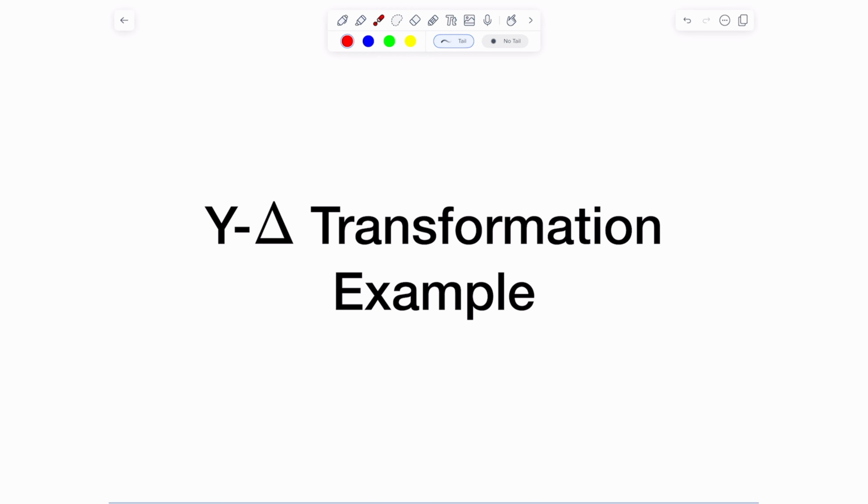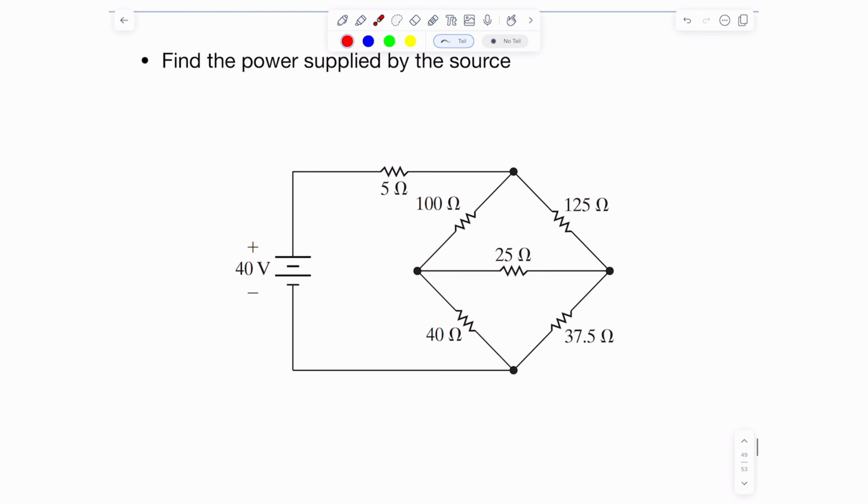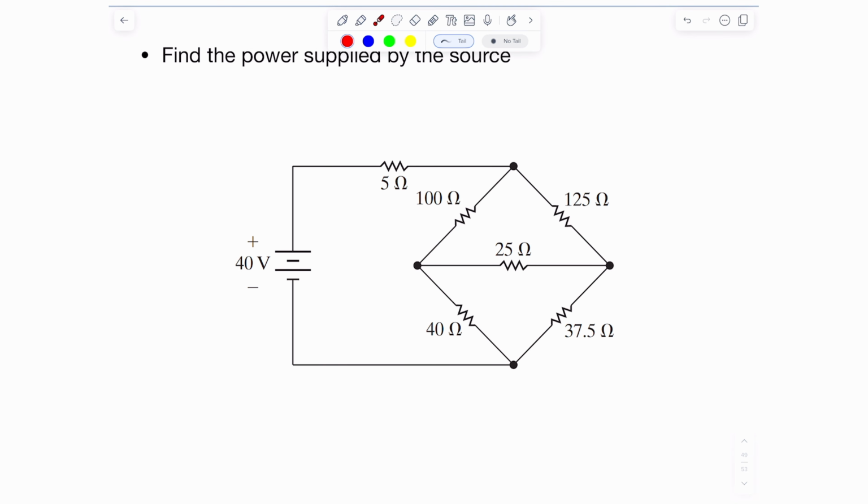And now I'll show you how we can use the Y-delta or delta-Y transformation to solve a circuit. We're given this particular circuit that has resistors that are neither connected in series nor in parallel, like this one here. You can look at it: none are connected in series or in parallel, and we're asked to compute the power supplied by the source